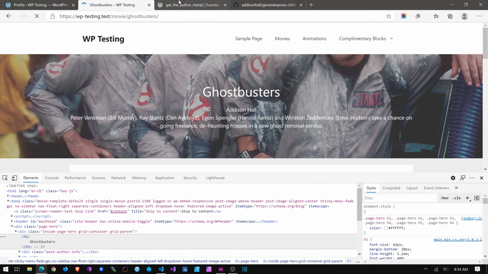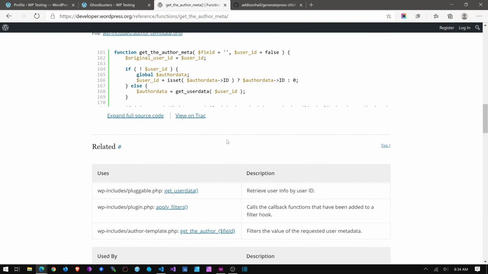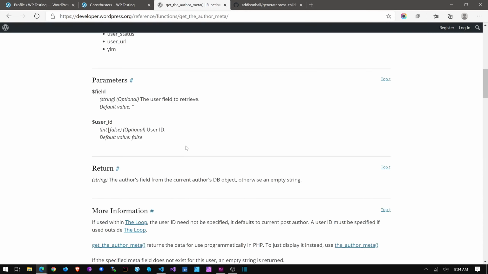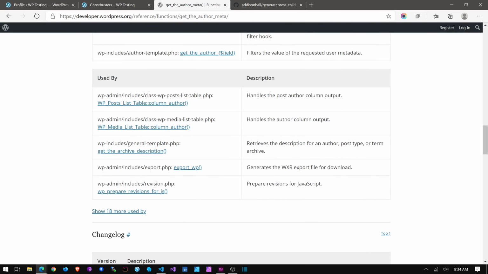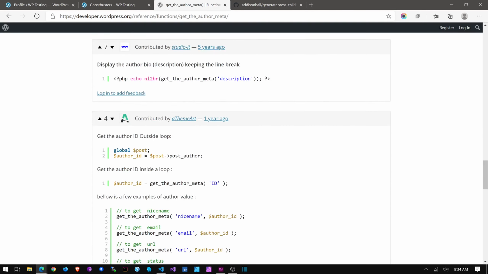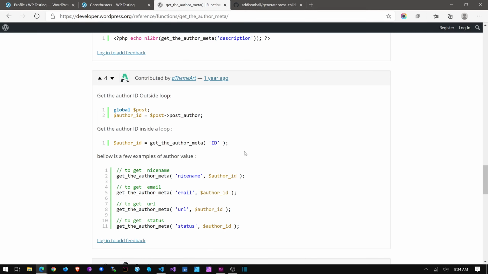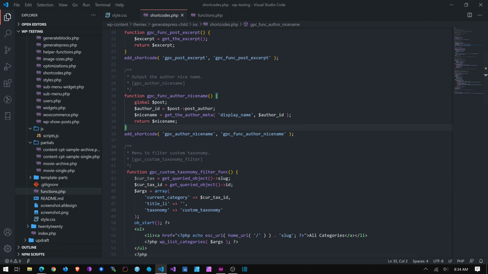Okay, nice name. I'm not actually sure what all these others are, and you can experiment with this, but there is an option for display name. And where was nice name? Am I making that up? Is it nickname? No, there's nice name. Okay, whatever. We're using display name. So we can leave that as nice name. We'll just